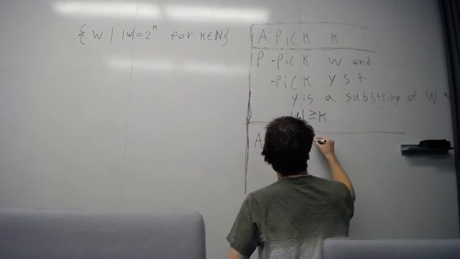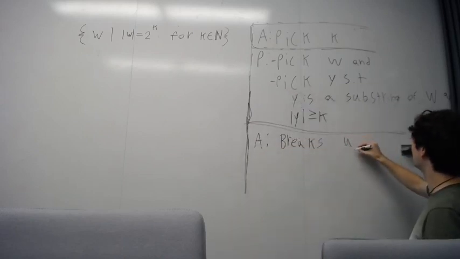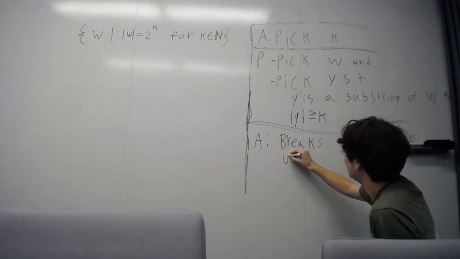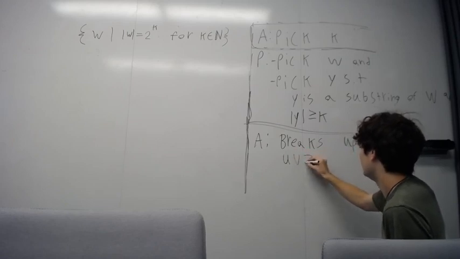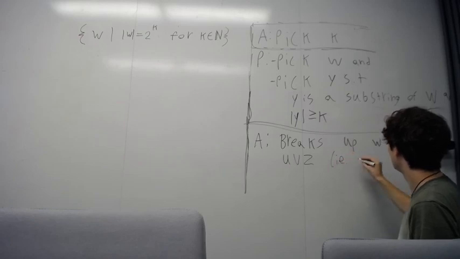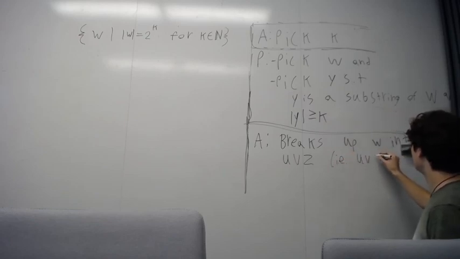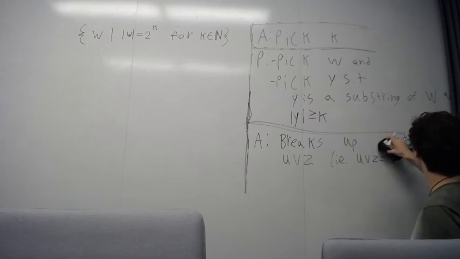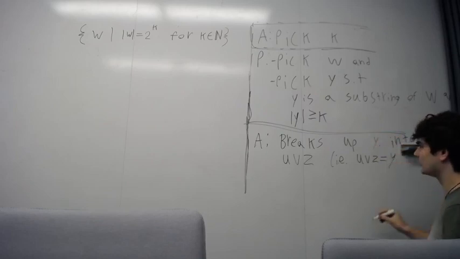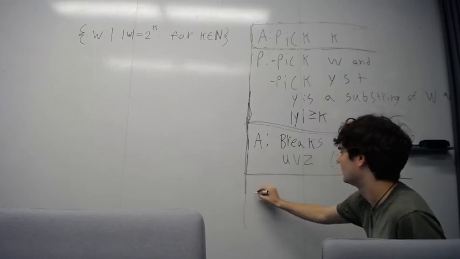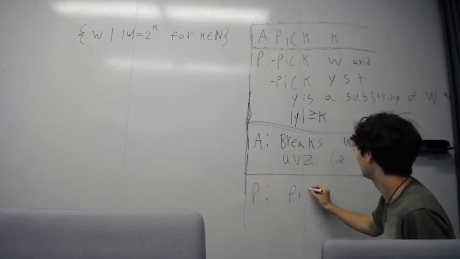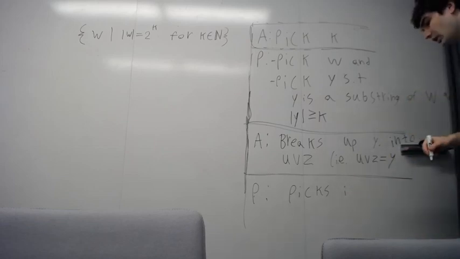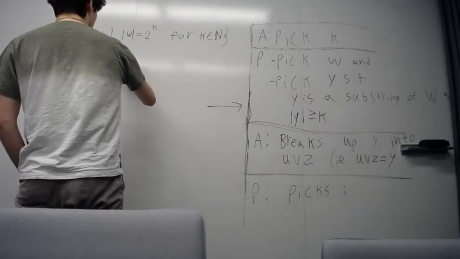Okay, so the adversary now breaks up W into UVZ, i.e. UVZ equals W. Oh, sorry, Y. It breaks up Y into these things. Big difference. And then the player picks I. Okay, and how do you win? P wins if and only if